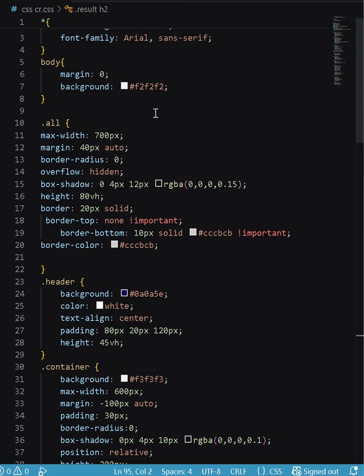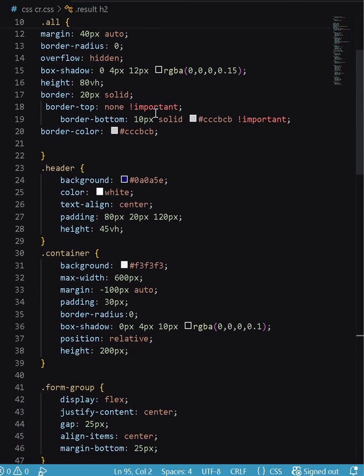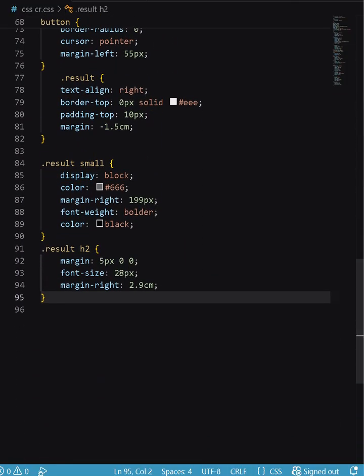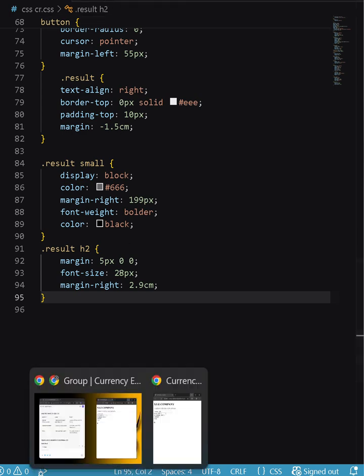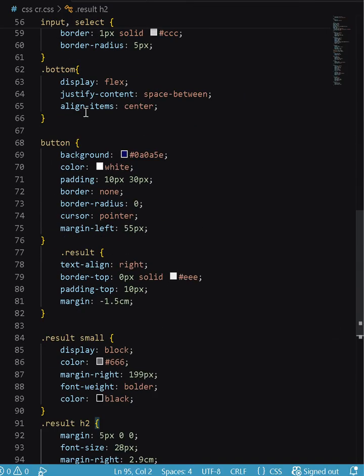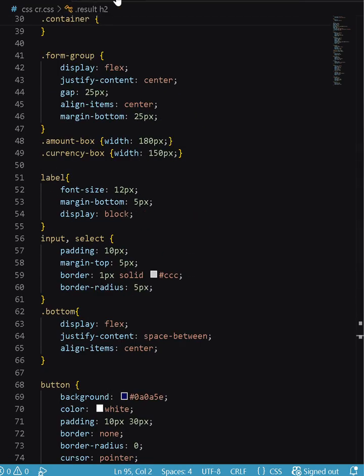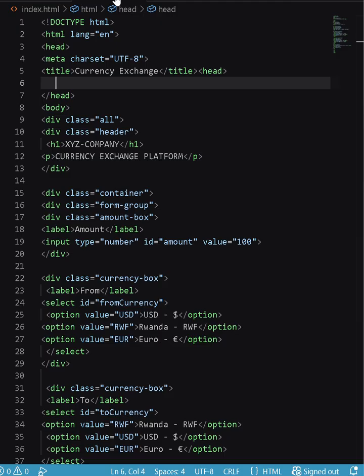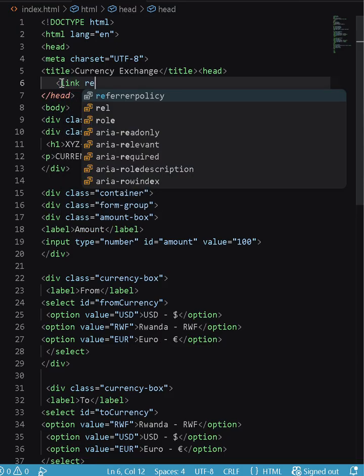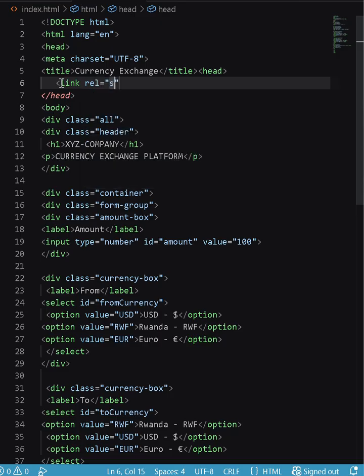Okay, now we are going to link our CSS with our HTML and see the changes. Let's see the current exchange platform without CSS, and then let's see with CSS. To link the CSS, we're going to index.html and then come here and write link rel equal stylesheet,